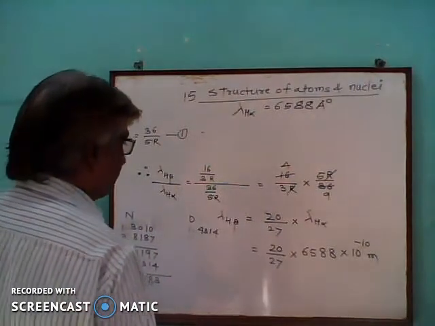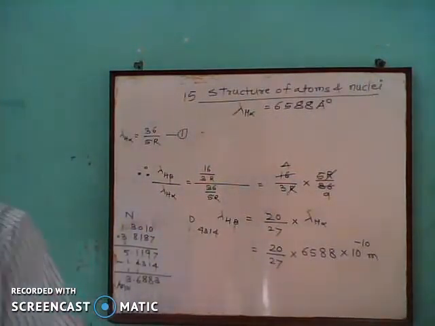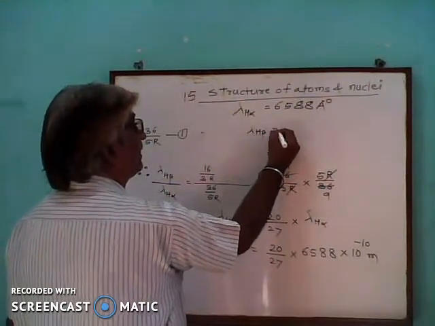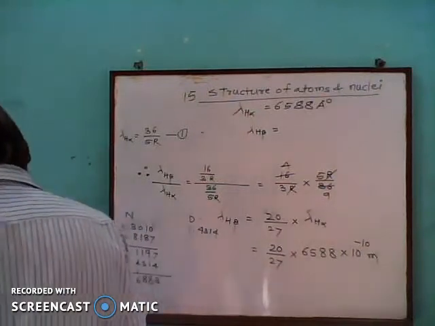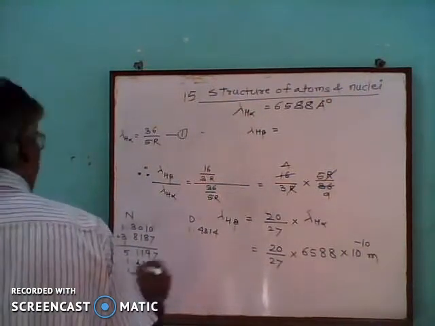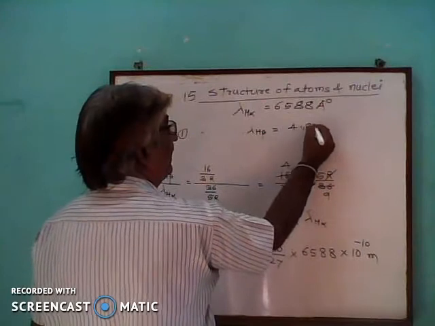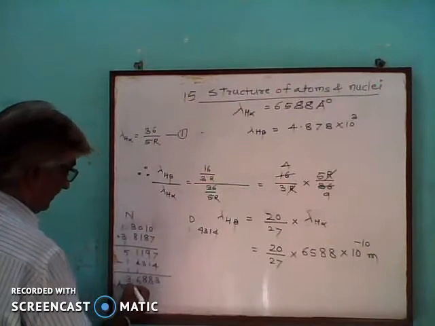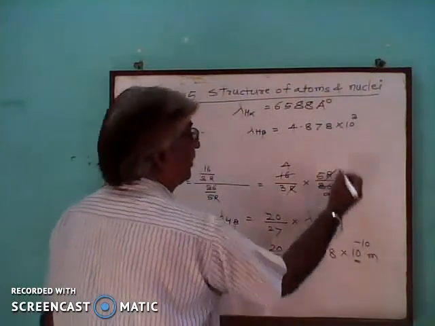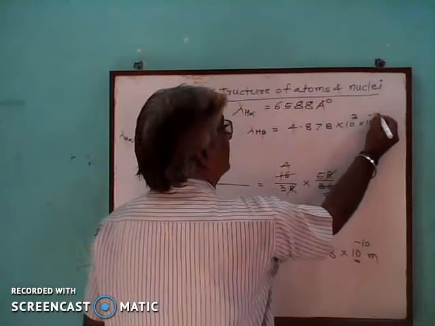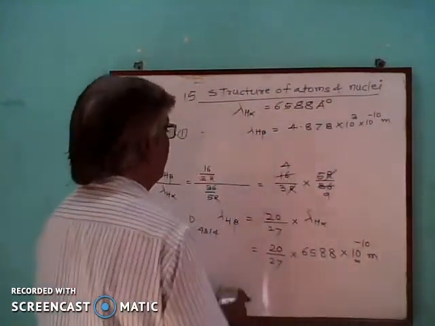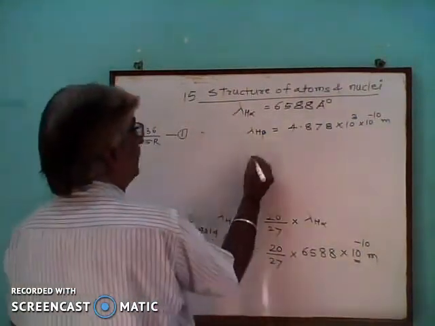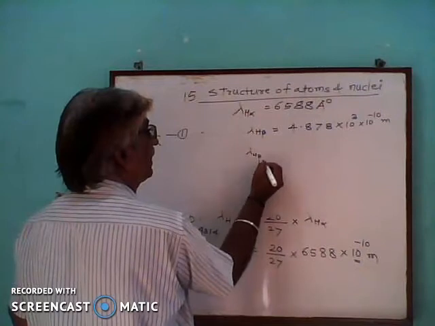If we take its antilog, then here we can find out lambda H beta is equal to their antilogarithm, which will be 4.878 into 10 to the power 3, and here 10 to the power minus 10 meter, so that the wavelength for the H beta line will be lambda H beta is equal to